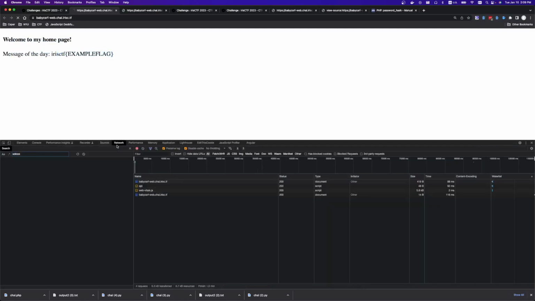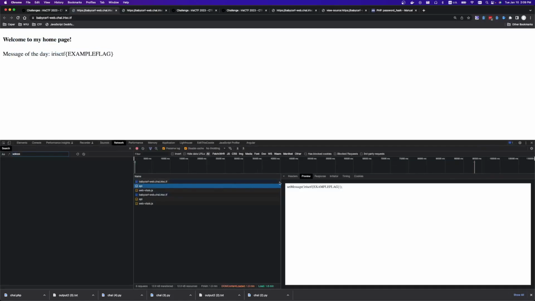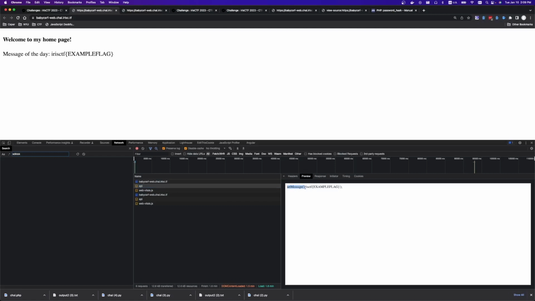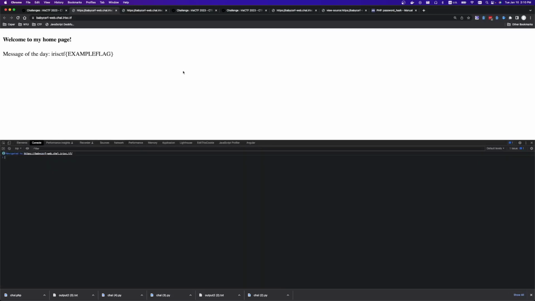If we look at network, we'll see there's a call to API. And so it's just calling API and it's returning a JSONP. So that's JavaScript with padding. I'm not really sure why it's called that, but JSONP is a bypass of the same origin policy. So if you're not familiar with JSONP and why it's bad,